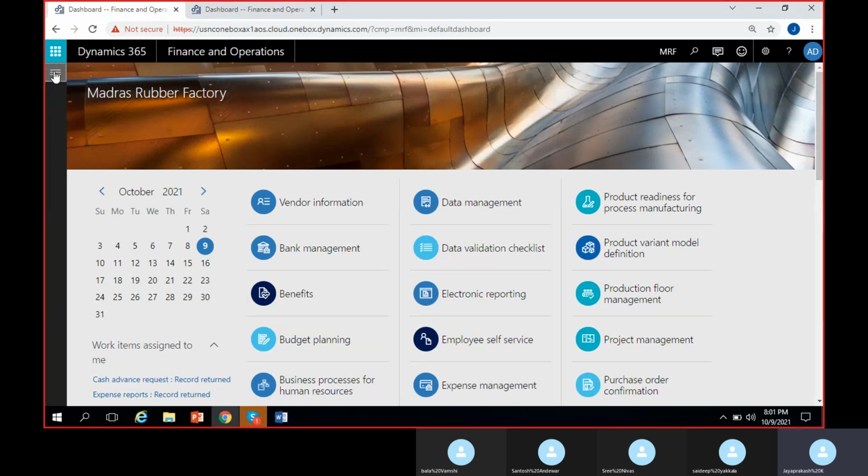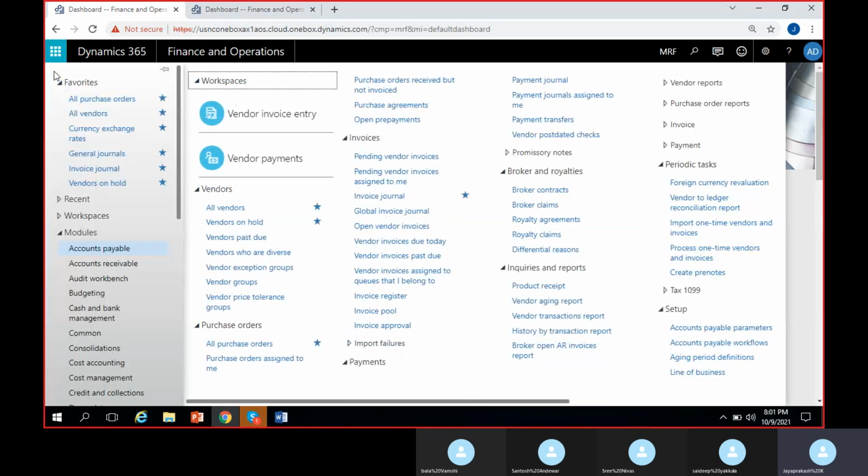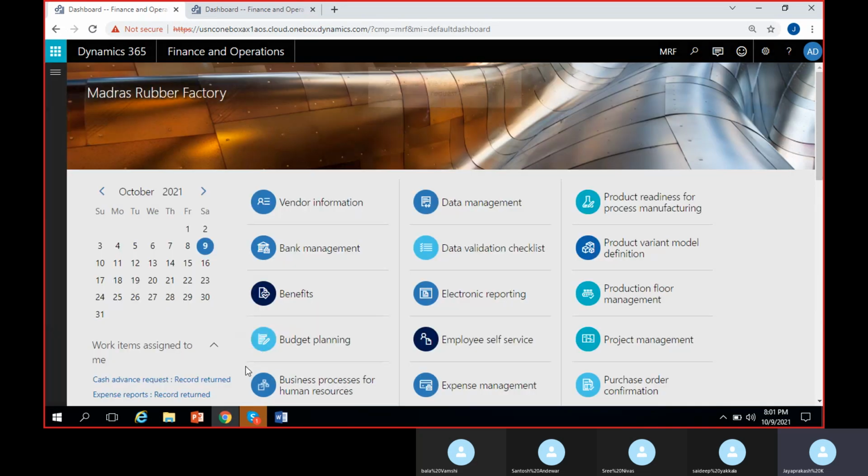So now let us try to create a new purchase order again and discuss about different other options we have. In accounts payable, I can see purchase order and all purchase orders here again. So if I click on all purchase orders again,